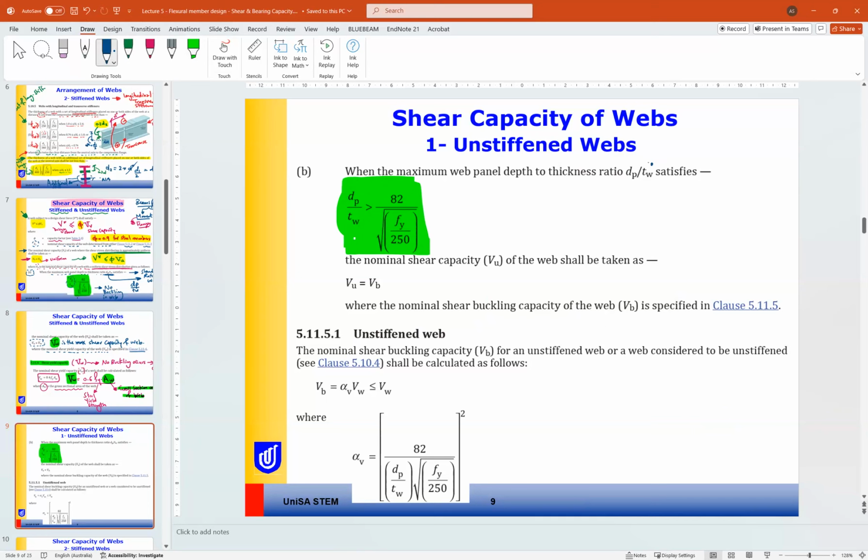This means that the slenderness ratio exceeded the value of 82 over root F yield. This means that buckling occurs. If buckling occurs,